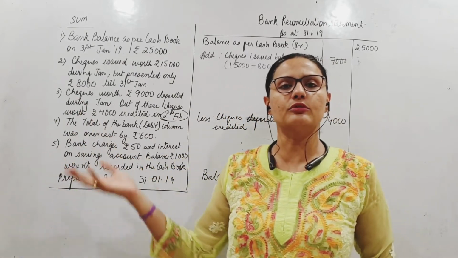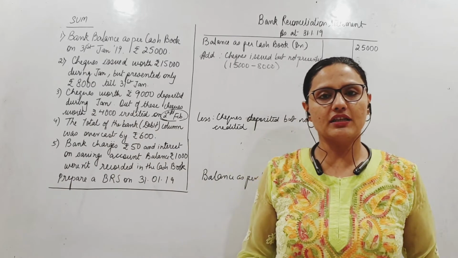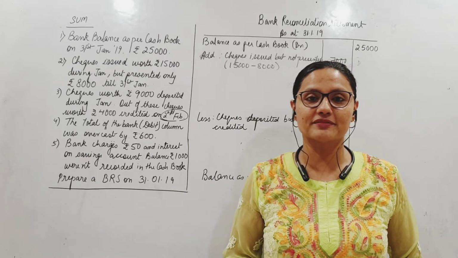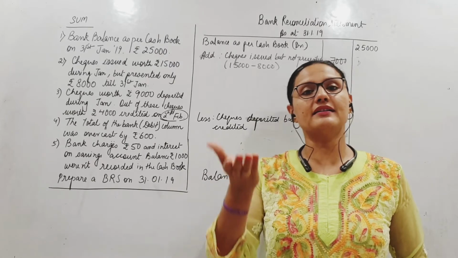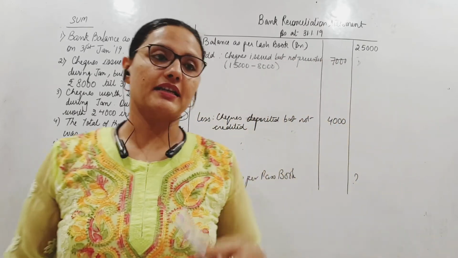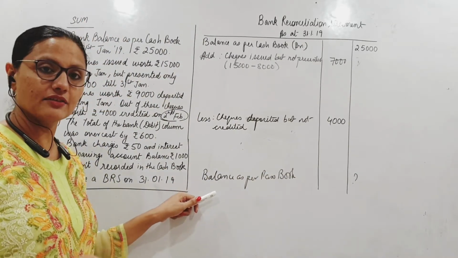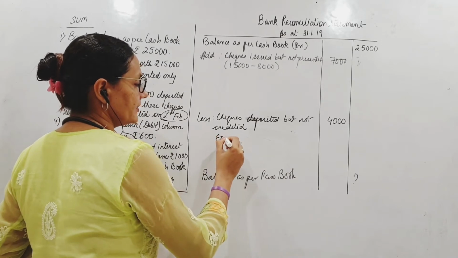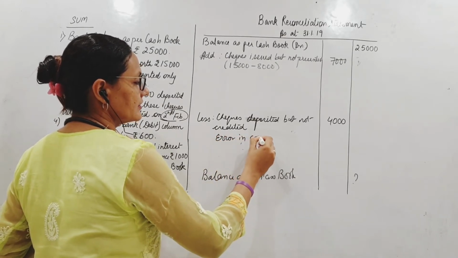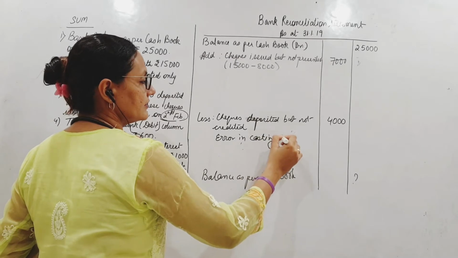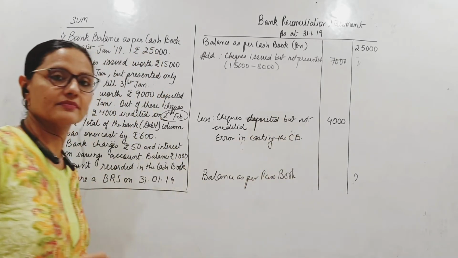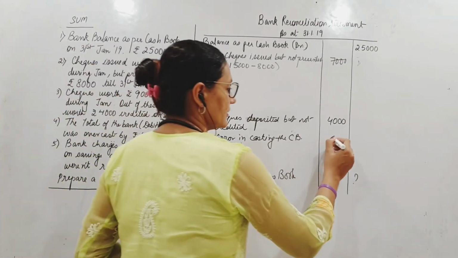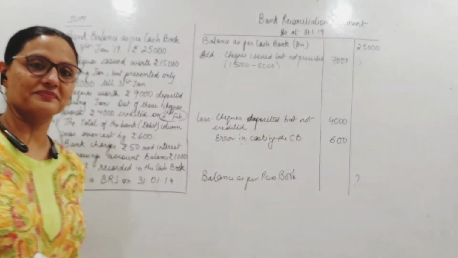I am showing cash book में receipt ज़्यादा हो गया है. But actually नहीं हुआ है. Of course, bank will not make the same error as I have made in the cash book. Correct? Therefore, my cash book balance has increased by mistake. My passbook balance is less by 600. So I do less. Less error in casting the cash book. This you can write it in your own statements and all that, rigid. Main है कि less करना है.